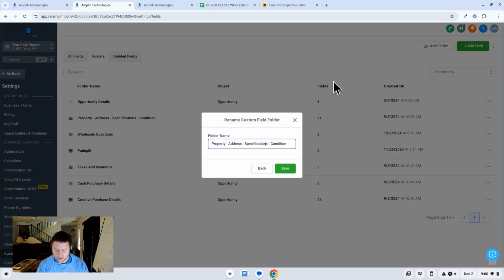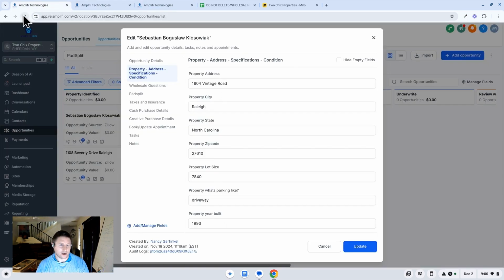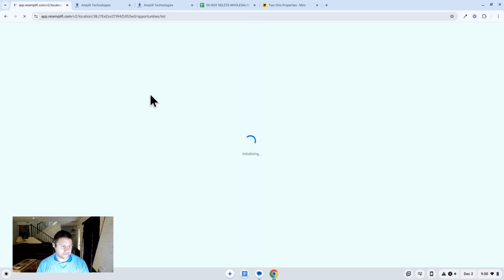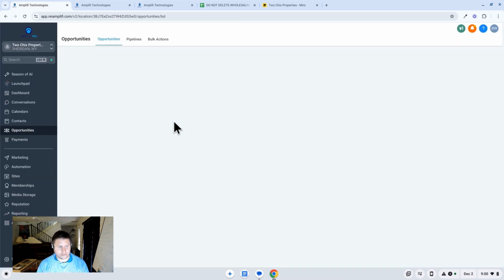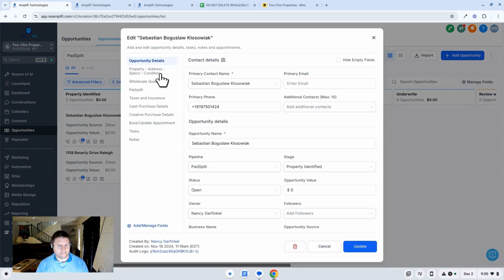Rename to specs. Specs. Doubt it'll pull it back to one line, but we'll try. Oh, look at that. Property, address, specs, condition,